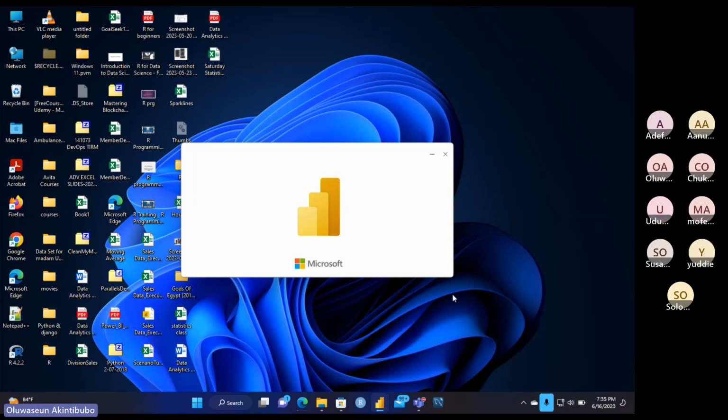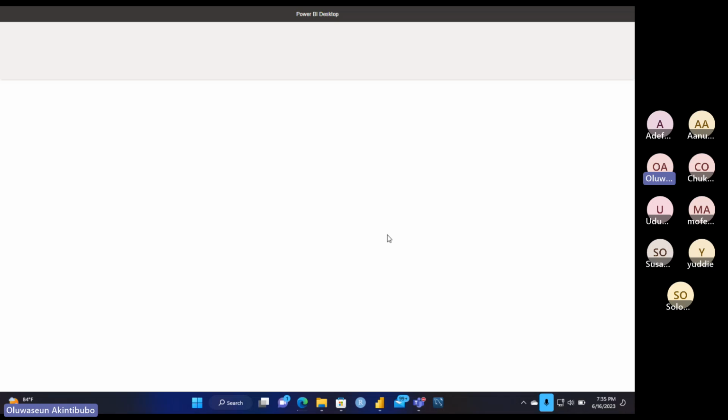It is. Yes, ma'am. So Power BI is a very heavy application. So it needs a lot of RAM to run, right? So if your RAM is very low, you would have issues opening it up, all right? So